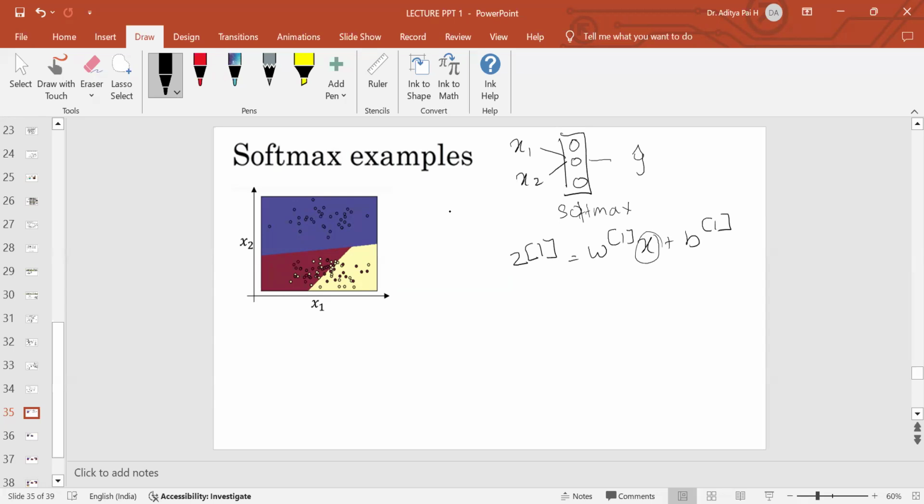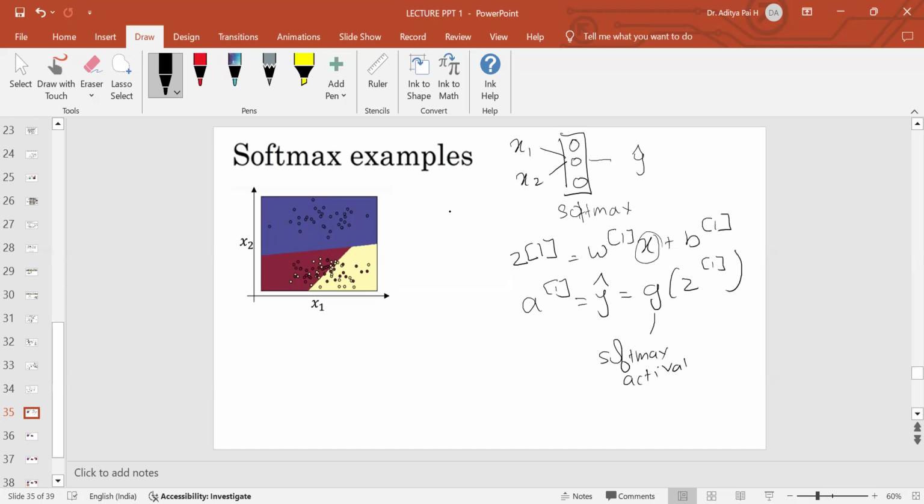Since there is only a single layer here, I am using w1 of x plus b. Now a of 1 is the output of this z of 1, which is equal to y hat, which is g of z of 1. What is this g? This g is nothing but the softmax